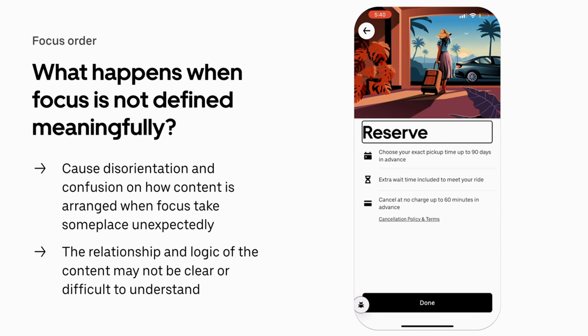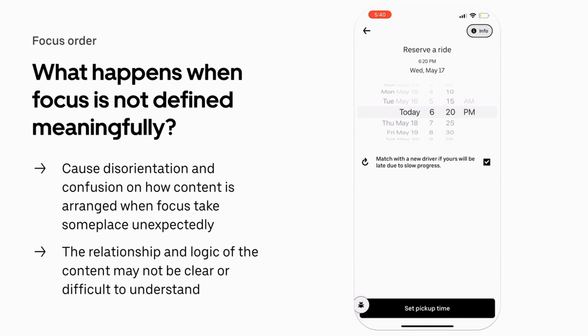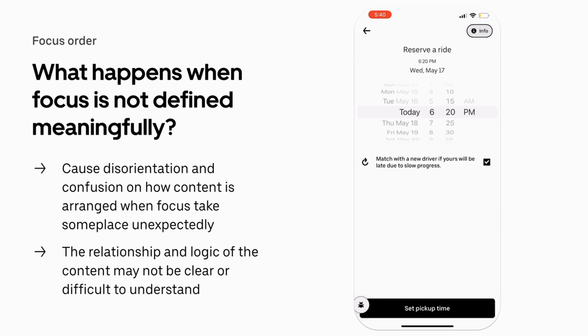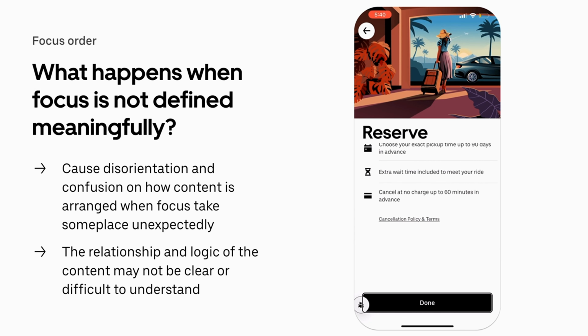In the video, when the user was in the reserve information screen, there was a moment when Focus voiced out the heading reserve. Then it jumped below the page to the cancellation policy and terms link. Then Focus jumps back to the top of the screen on the back arrow, then down to the first list